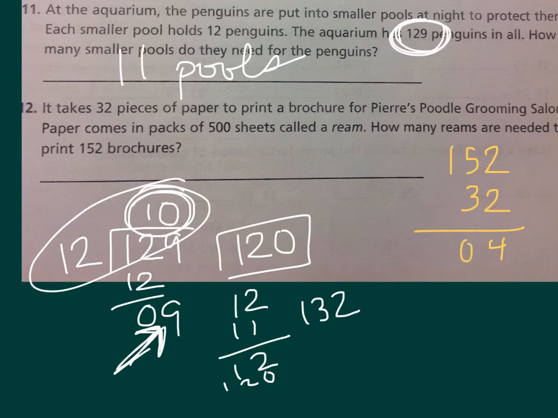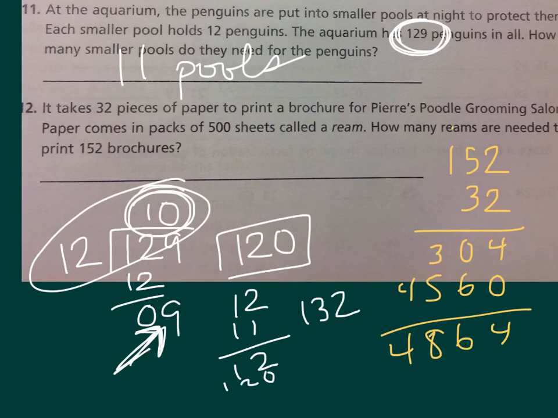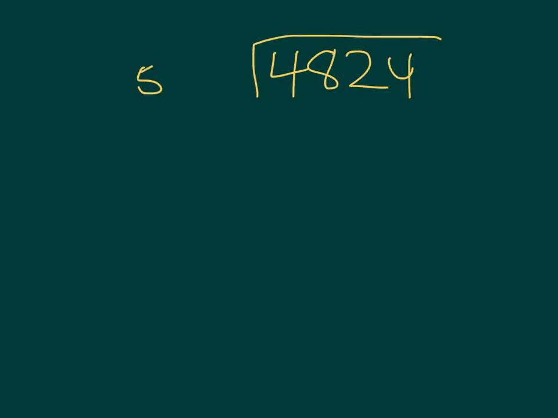So this is 10, 3, 0, 6, 15, 4. So we need a total, or they need a total, of 4,864 pages to print the brochures because each brochure needs 32 pieces. So now we're going to divide this 4,864 divided by 500. I'm going to go to a new sheet here. And even though this is a 3-digit, this is easy. We're going to think 5